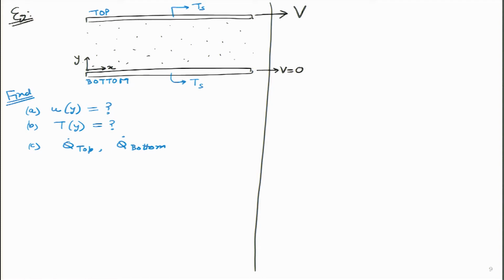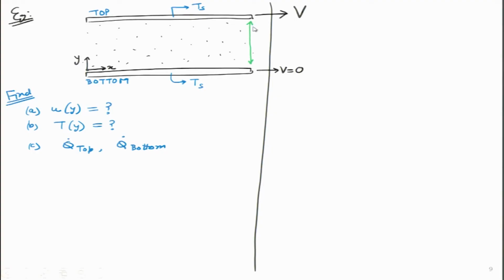So, what are some of the things that are known to me? I will put them over here. All dimensions are known to me. Both the plates are extremely long. So, the bottom plate is very large, the top plate is very large, so we can assume that the whole flow is in the z direction. We can assume all the parameters are not changing. The distance between the plates is also known to us, and everything about the fluid is known to us. So, for instance, if it is some sort of oil, I know its density, its specific heat, its thermal conductivity and also its viscosity.